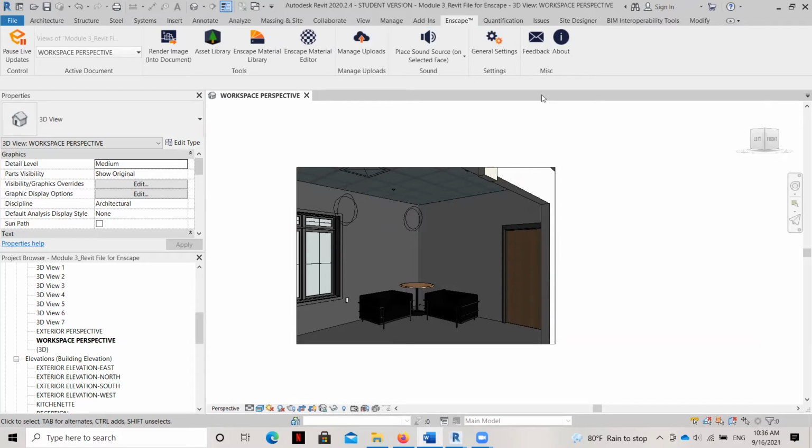And so once we've got that figured out, let's go ahead and move on to applying material swatches. We're going to apply material swatches to the walls, floors, and ceiling of this interior. And so again, we're going to be looking at our workspace perspective that is created in Revit for right now. And I've got it set to my visual settings for realistic. And so it's not looking all that exciting right now because we haven't added a whole lot to it. But let's go ahead to the Enscape materials library. We're going to download 3 materials.